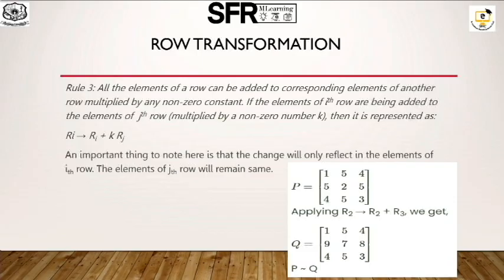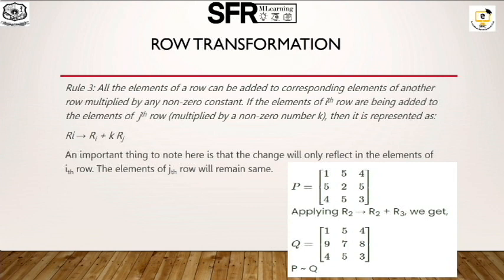These are all the 3 rules for the elementary transformations. In these 3 rules, we are applying the rules for rows only. We can also apply the same rules for columns also. So, we can name the transformation as column transformation. In column transformation also, we can apply rule 1 as any 2 columns are interchangeable. Then rule 2 as